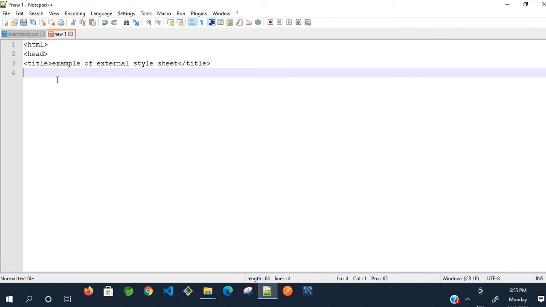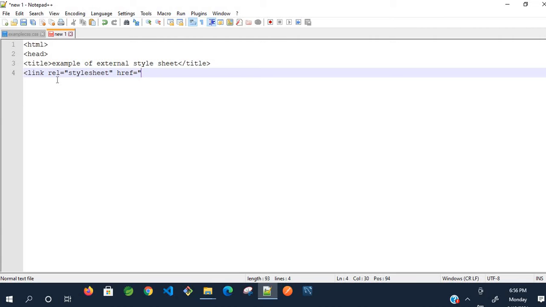To include that file, I have to write the link tag here. Link tag has attributes like rel, the relation. Here, what is the relation? This is a style sheet, so just give the value stylesheet. Then I have one more attribute, that is hyperreference, href.